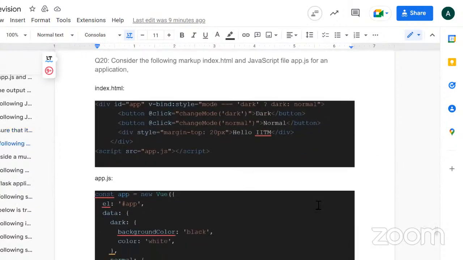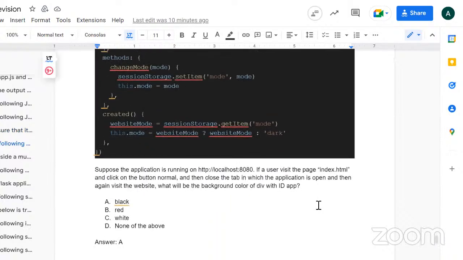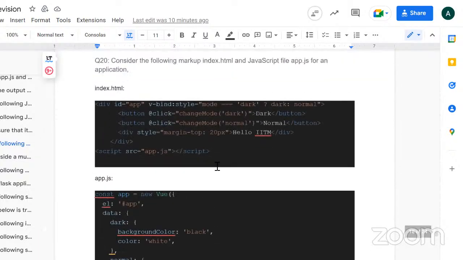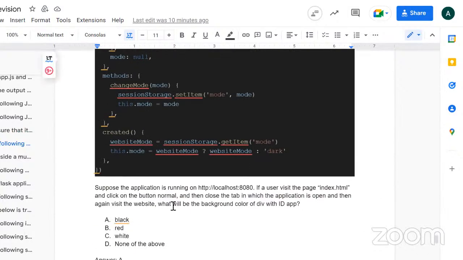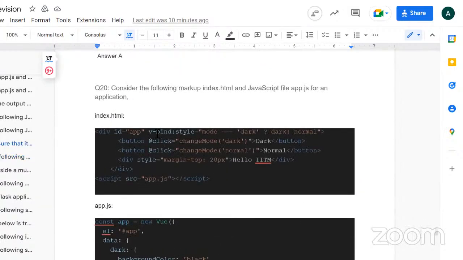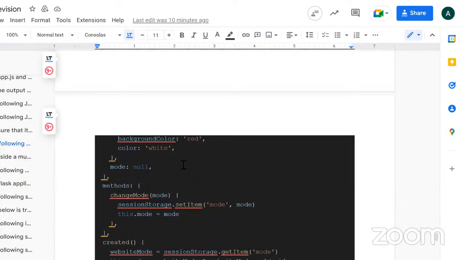All right, so we have a Vue application here, and the question asks: suppose the application is running on this. If a user visits the index.html and clicks on the button normal, where is button normal? So button normal is here, and then closes the tab in which the application is open, and then again visits the website. What will be the background color of the div with ID tab? So we need to set the background color. All right. So when the user opens this application for the first time,